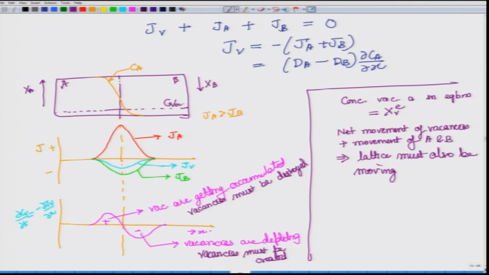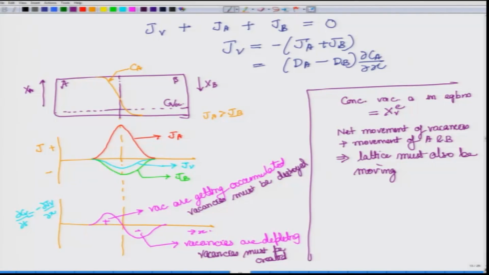So, this is a very important result which was also shown by Kirkendall, but here, because of the presence of these defects, vacancy defects, you can understand now that the lattice sites must be moving, which you would be able to observe in terms of the interface between A and B. You would see that it has moved, and that is how Kirkendall was able to show this.